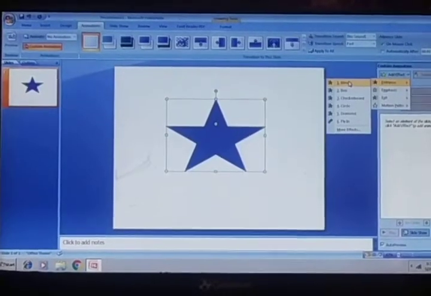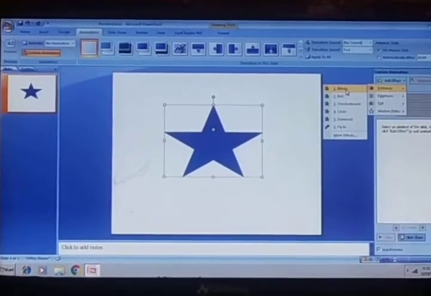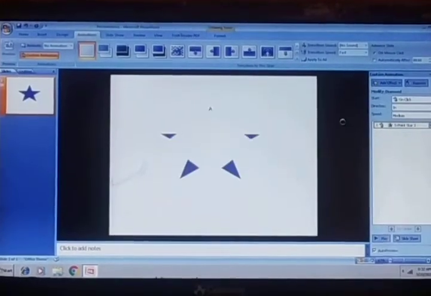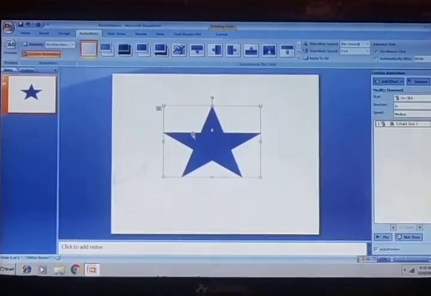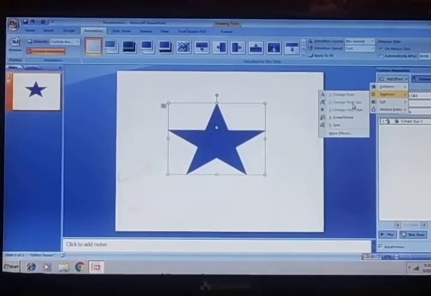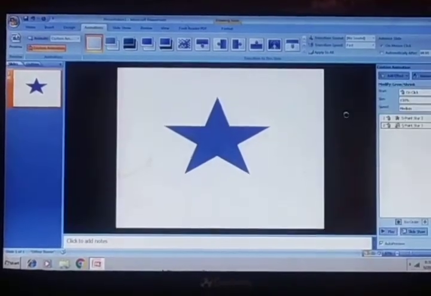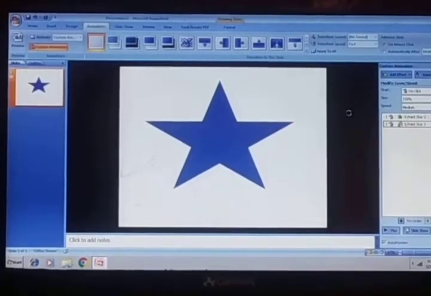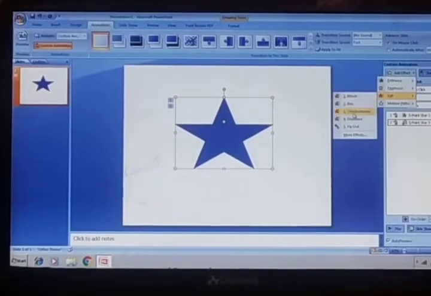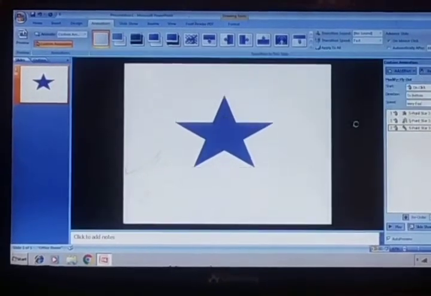Entrance, when the slide is entered on the desktop, then blinds, checkerboard, diamond. Then the second effect I'm going to give is emphasis, grow and shrink. Third effect, exit, fly out.